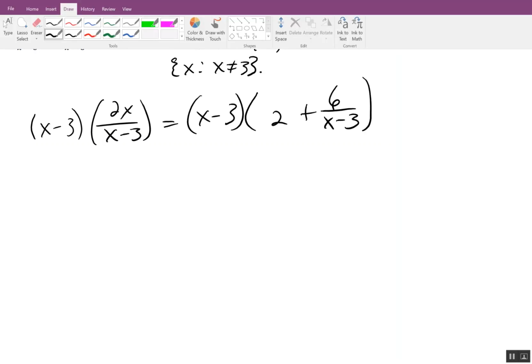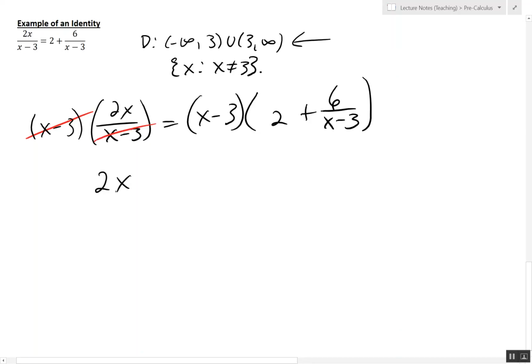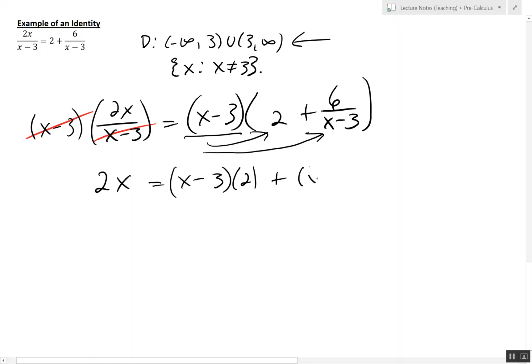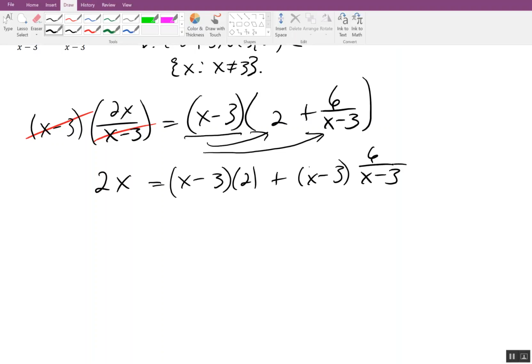So the left-hand side is very easy. These cancel and leave behind a 2x. On this side of the equation, you may be tempted to FOIL, and that's not the best way to do this. You could just take this entire expression and distribute it, and everything will work out the same. And it's easier, and notice that the x minus 3, when you take it to the second term, will cancel. So we are going to get x minus 3 times 2 plus x minus 3 times 6 over x minus 3. So you really just want to do this instead of FOILing,